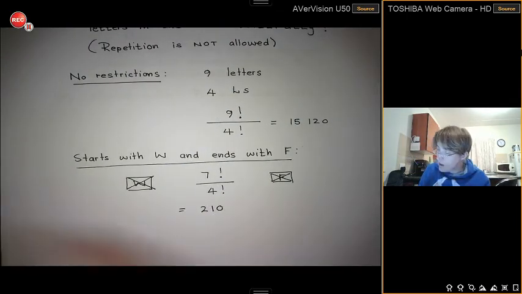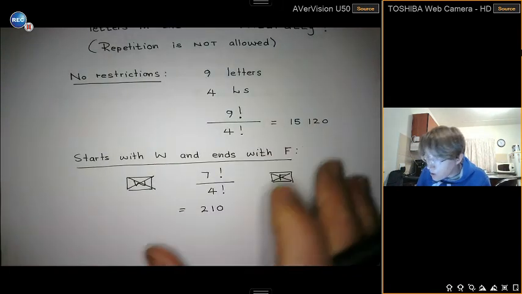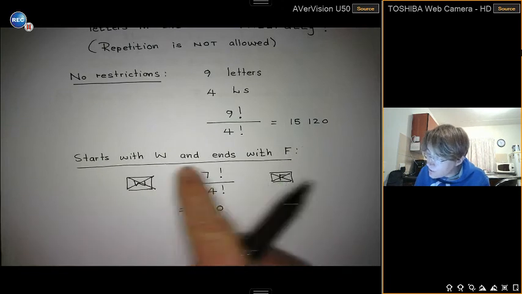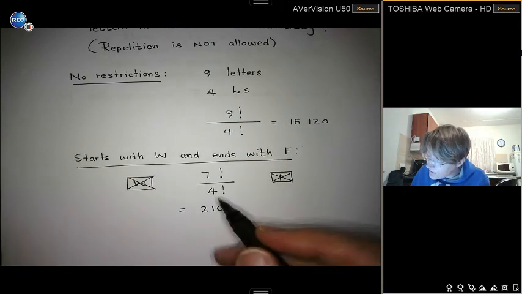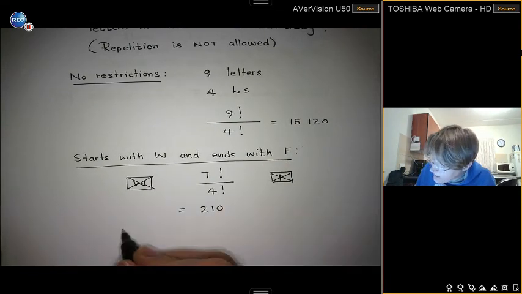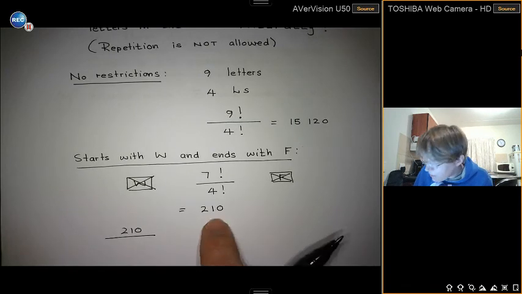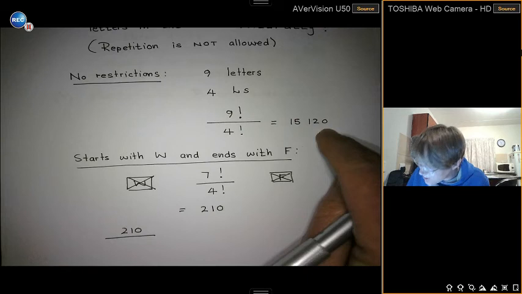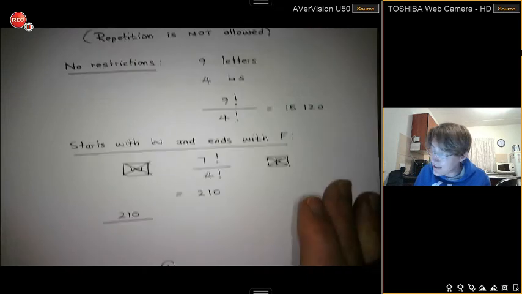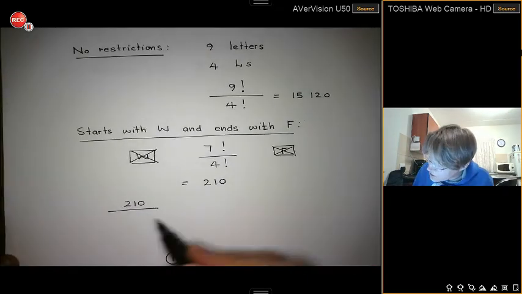There we go. So now I can calculate the probability of picking, out of all of these possible options, the word that starts with W and ends with F. All I have to do is say it's the number of ways this can happen, 210, divided by the total number of ways. That's what I meant to say, but not what I said. Okay, so it's 210 divided by